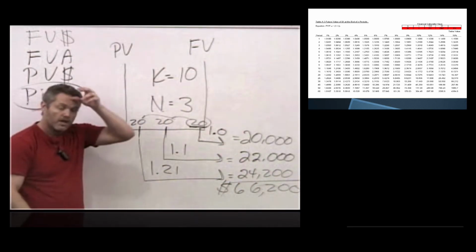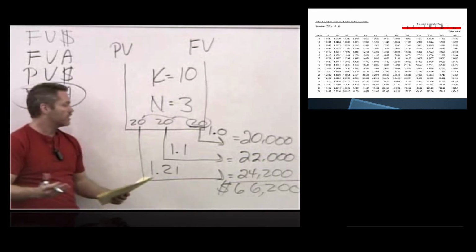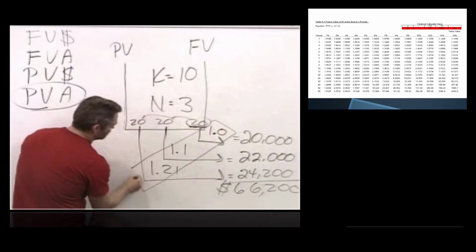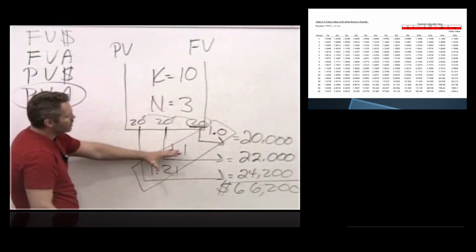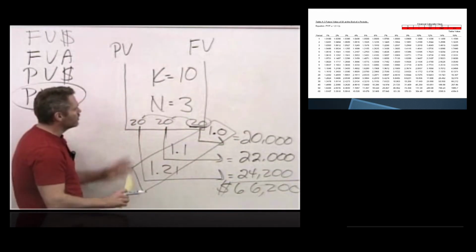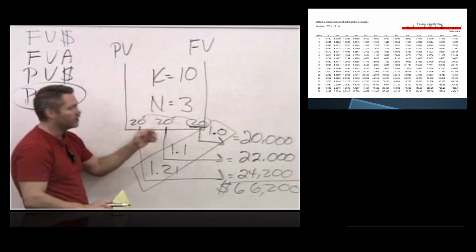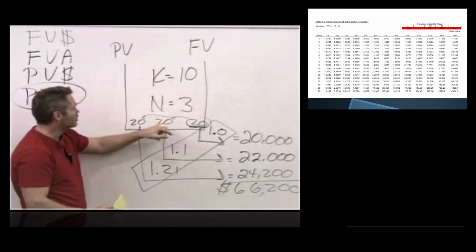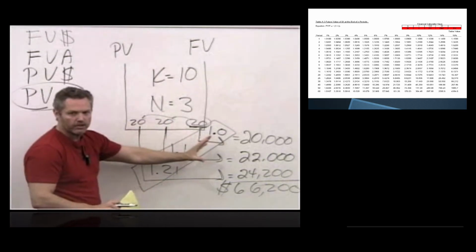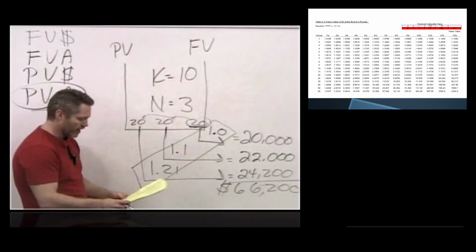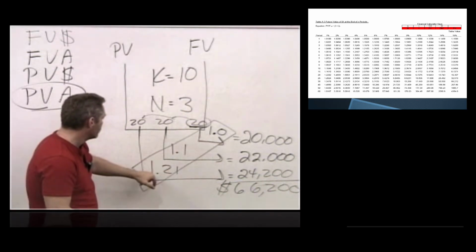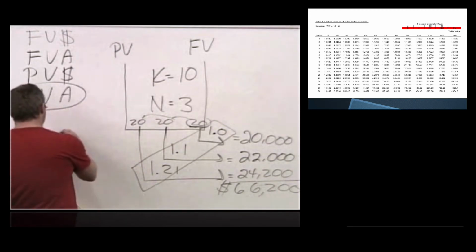If we do the exact same thing that we did last time, which was to add up these three factors here. What we used here was future value of $1. We moved all these forward individually, which is something we would have to do if these were dissimilar cash flows. If this one was 20,000, this was 25, and this one was 30, we would have to bring them forward individually. We could not use future value of an annuity. But if we add up these three numbers, 1.0 plus 1.1 plus 1.21, we end up with a number that is